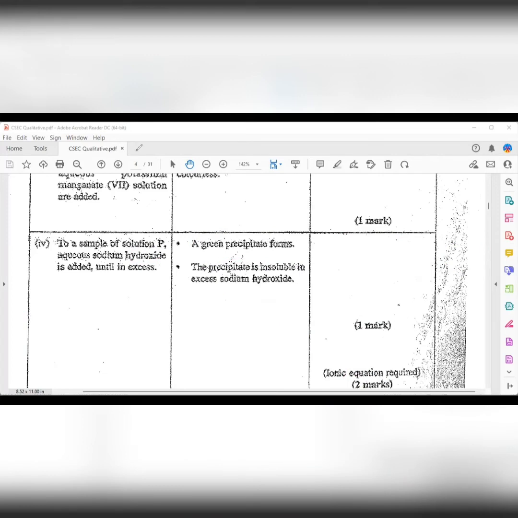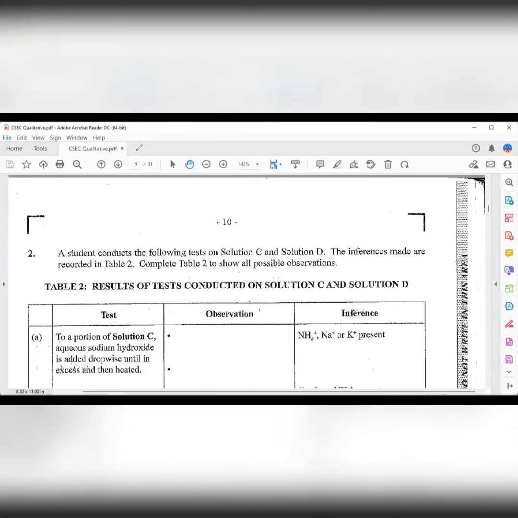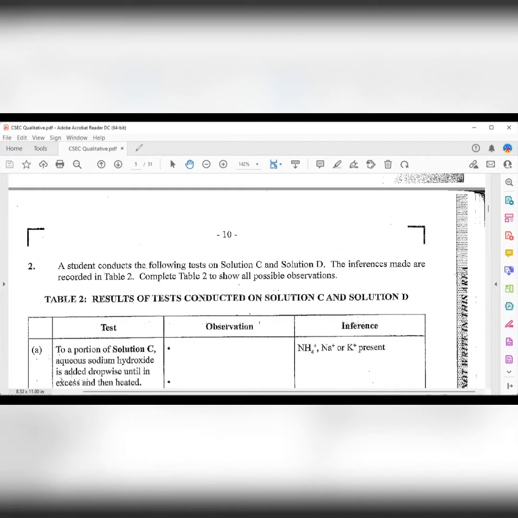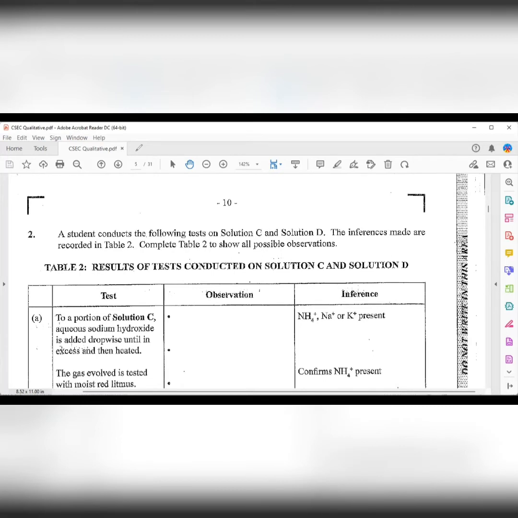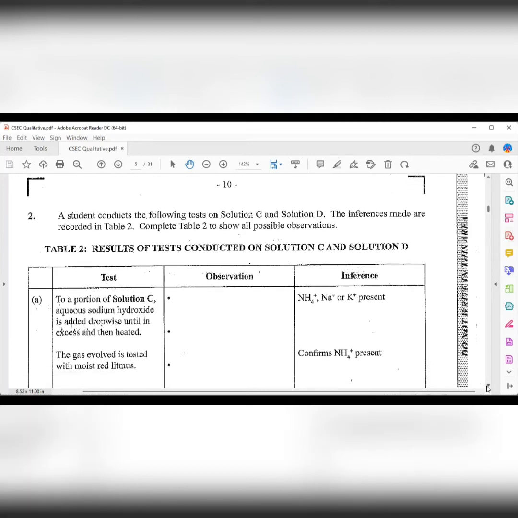So we proceed. See if we can do 2 more. Then we press on. Here we go. A nice one. It says now a student conducts the following test on solution C and solution D. You don't even need to read that necessarily. So let's go. To a portion of solution C, aqueous sodium hydroxide is added dropwise until in excess and then